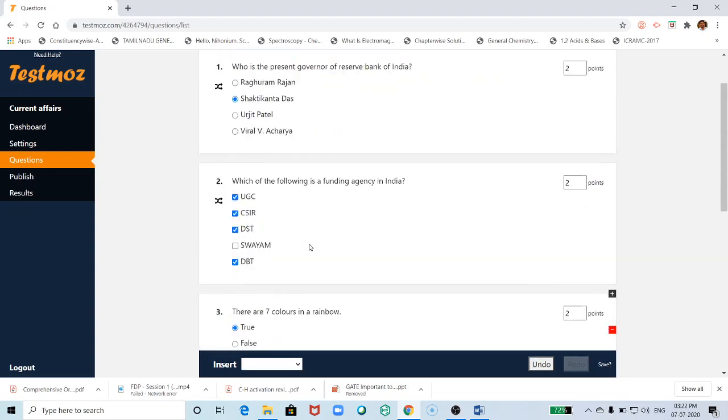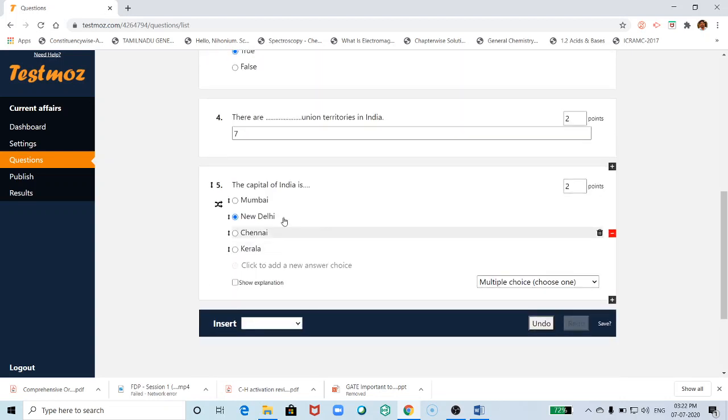After adding 50 questions, in the free version, as I said earlier, you can add up to 50 questions, maybe multiple choice or multiple select, fill in the blanks, even choose the best. After that, we have to publish. Here on the left side you can see publish. Click this